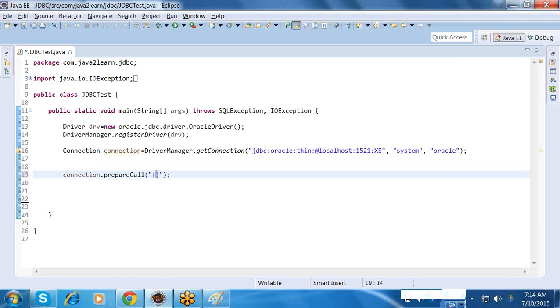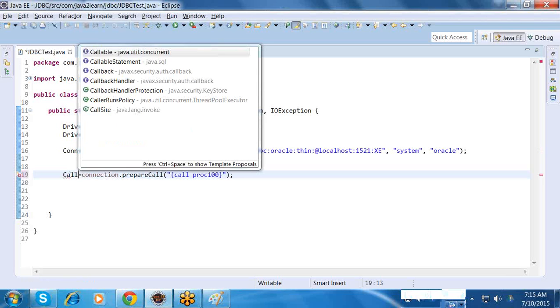We have to take these curly braces like this, and there is a keyword we have to use, call, and here the procedure name. What is the procedure name? Proc 100. That's it. Whenever this statement is executed, what will happen? It will call the procedure 100. Now it will give the callable statement here,